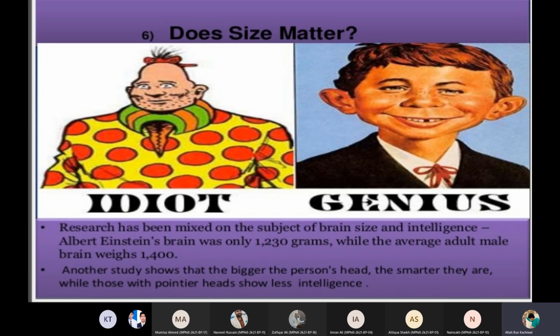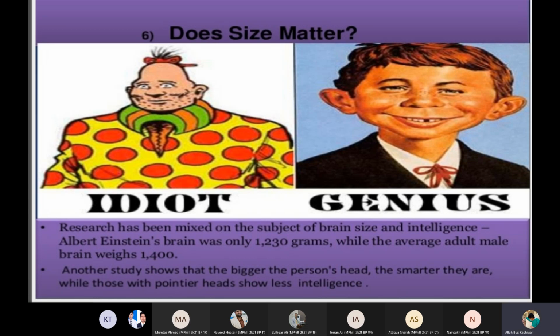Whereas with the larger size of brain, it is commonly known that if a person possesses a large brain, he must be intelligent, or he must be successful, he must be a good writer, a good thinker, good philosopher, good scientist. But it's not true. Sometimes a similar size of brain or head has proved to be a good one, or a good scientist, or highly professional. So therefore, the size doesn't matter.